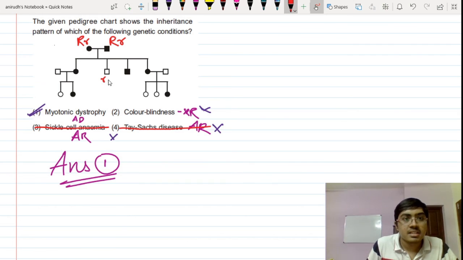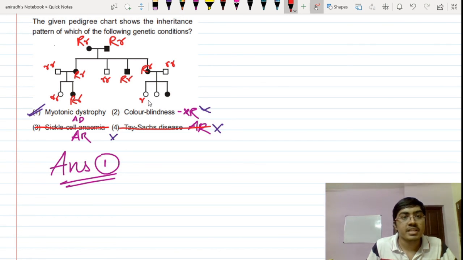So this person is small r, that means this person is not affected. Now all these other people are affected. It can be capital R also, that is also possible. Now this is a normal person, this is a normal person. It is also possible like this, isn't it? This is a normal person and this is an affected person. Now here, if you make this combination, small r, capital R, small r, this is also possible.